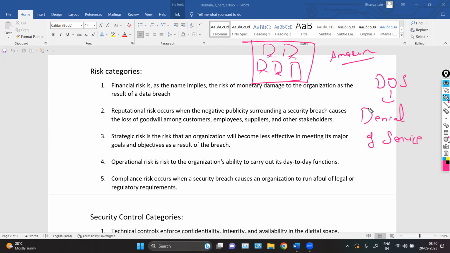A denial of service attack is an attack where the attacker targets the servers and systems of a company, and floods that system and server with lots of requests. If there is high traffic, or lots of requests, let's say there's a server and the capacity of the server is to handle 100 requests per minute.